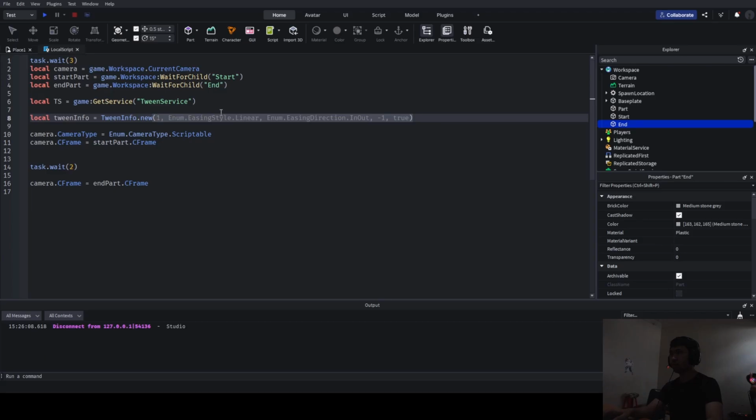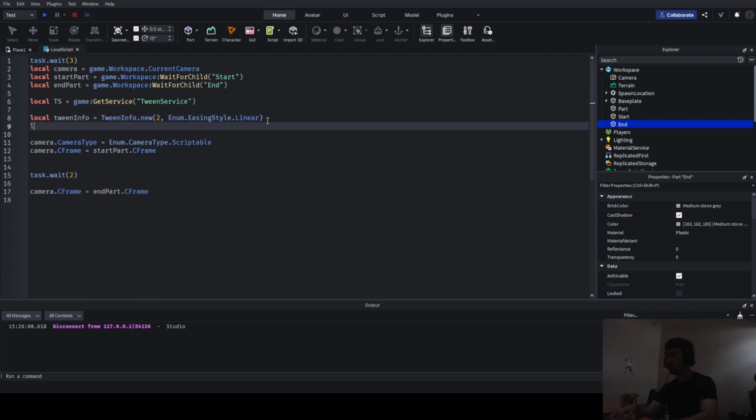Okay, first we want it to be 2 seconds, and we want the easing style to be Linear, Enum.EasingStyle. Okay, remember tweening service, you just need to think, right? You just need this, and then we need a goal. Local goal, tween goal equals